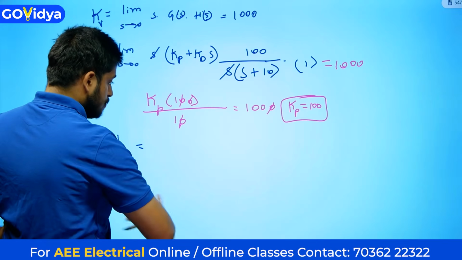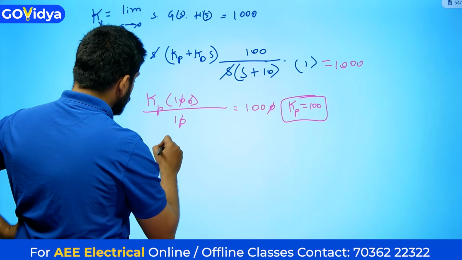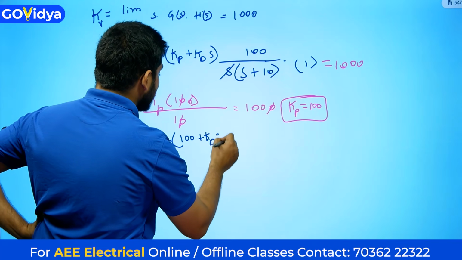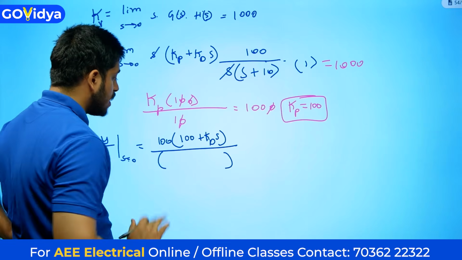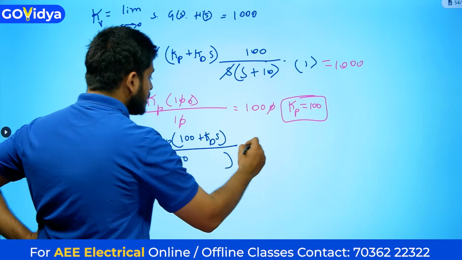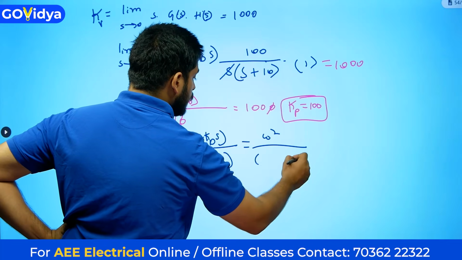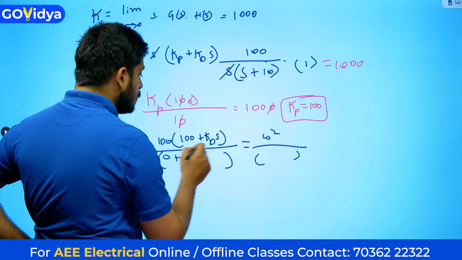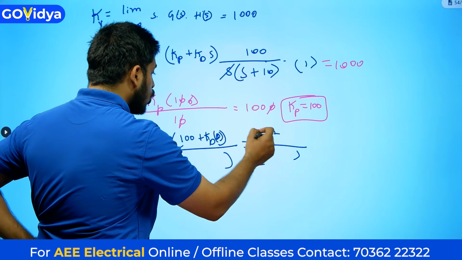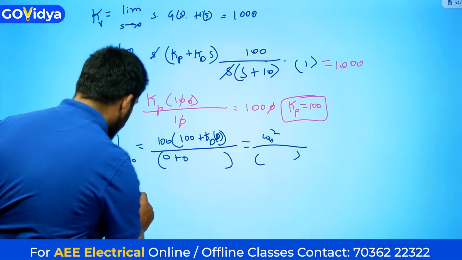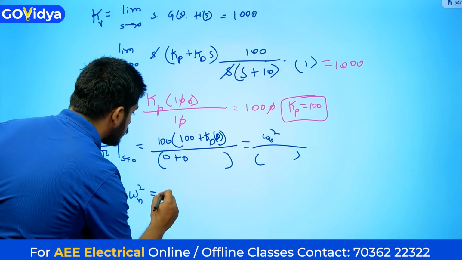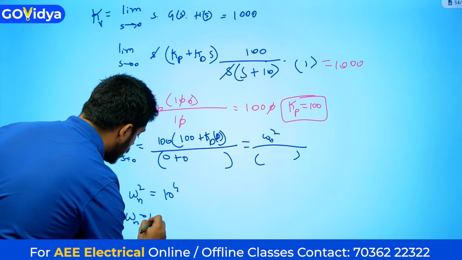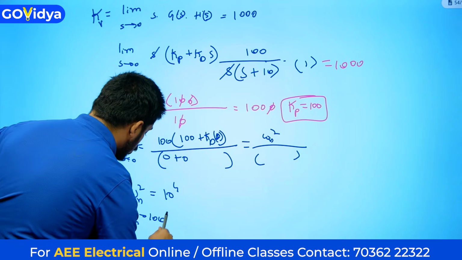So from this we can say 100 into, what is my Kp? 100 plus KDS, with s equal to 0, that will be equal to omega n square by that sort of equation. We will not equate this, but we will see what this condition is exactly. So KDS, s will be 0, and omega n square would be 100 into 100. So from this we determine omega n square first. 100 into 100 is 10 power 4, and sending this side, we get omega n equal to 100 only. So the value of omega n is 100.